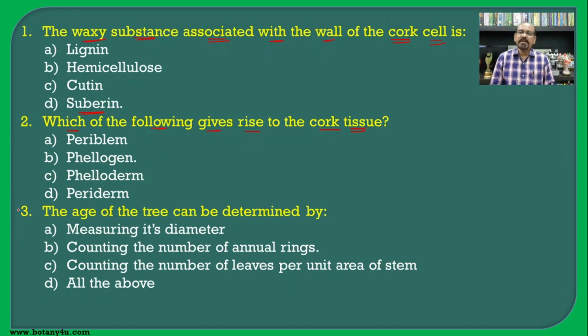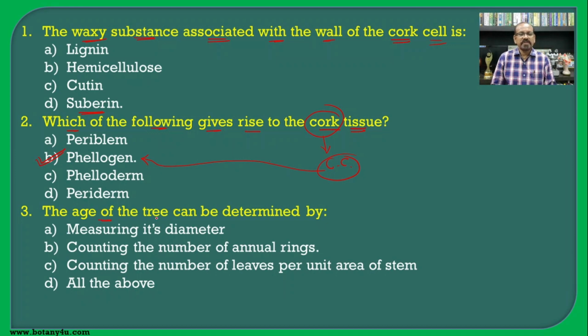If we see the secondary growth in the dicotyledons, then there are two different sites where the secondary growth is carried out. One with the help of vascular cambium and the second one with the help of cork cambium. So this cork is developed by the activity of cork cambium, and this cork cambium is also known as phellogen, and hence phellogen becomes the answer for this question.